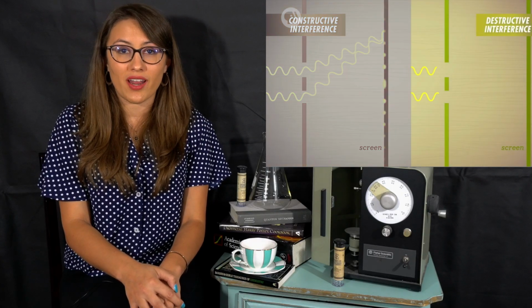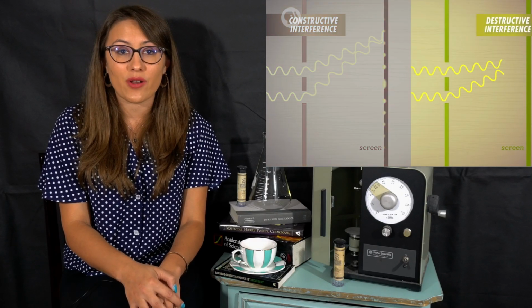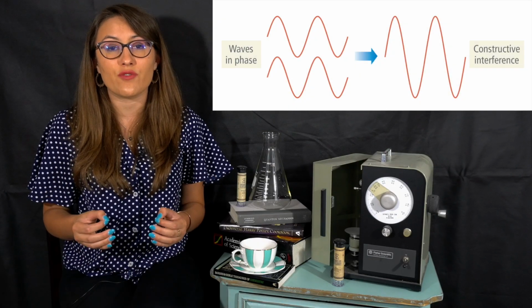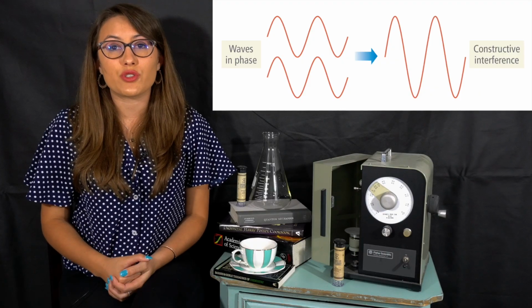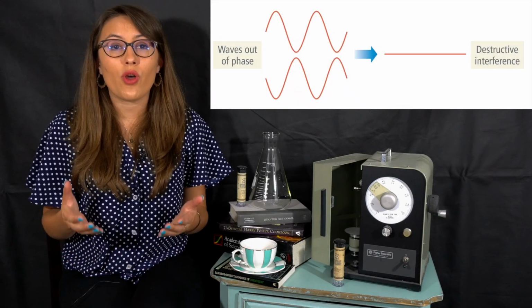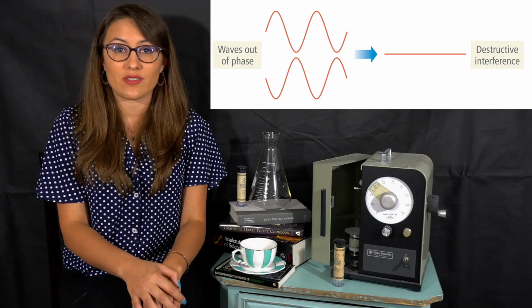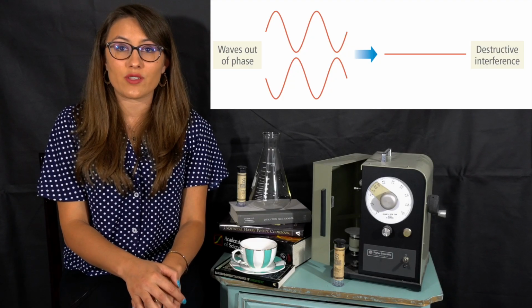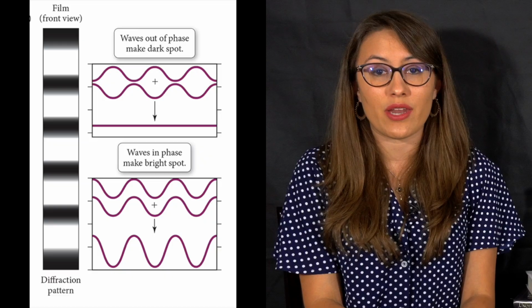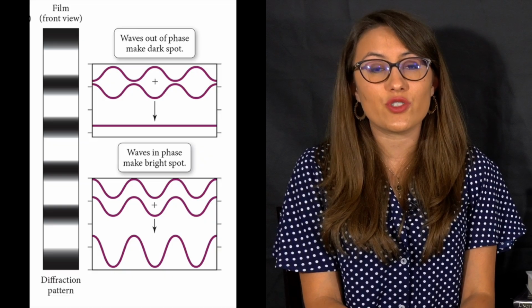Waves interfere with one another and can either cancel each other out or increase the amplitude. The two types of interferences that can occur are constructive interferences, which occurs when two waves are in phase or in sync with one another, or the waves can have destructive interferences, where the waves are out of phase with one another and end up canceling each other out. So in the previous experiment that I mentioned, the interference pattern that is observed is a result of constructive and